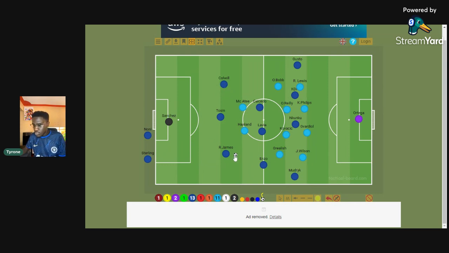Another thing was Enzo Fernandez, who was supposed to occupy this position here. Rather than occupying this position, he would move out of it to receive the ball in this position here. Now, when he receives the ball here, he will just draw Grealish, and then pass the ball on to Mudryk. But Mudryk now will be covered by Wilson, and Mateo Kovacic will have the space to cover and double up over him. And this is a problem because when Nkunku plays in this position, he knows how to occupy this position.